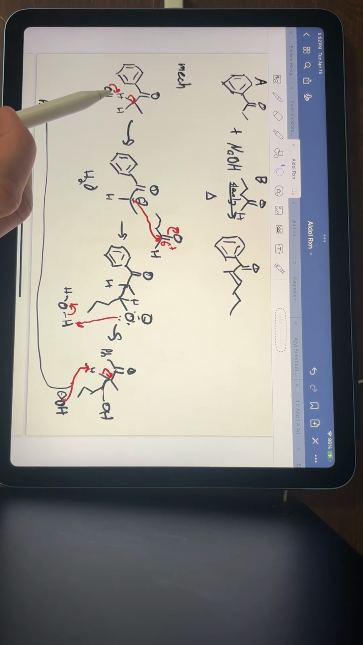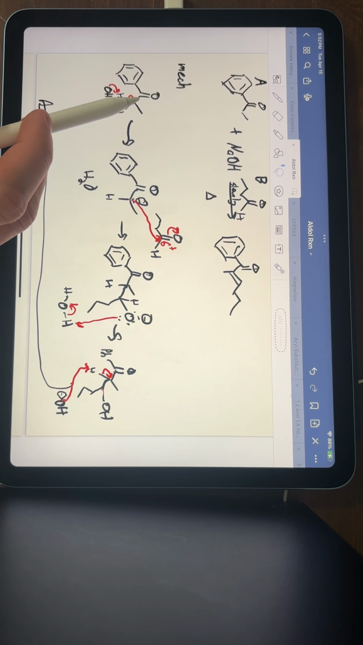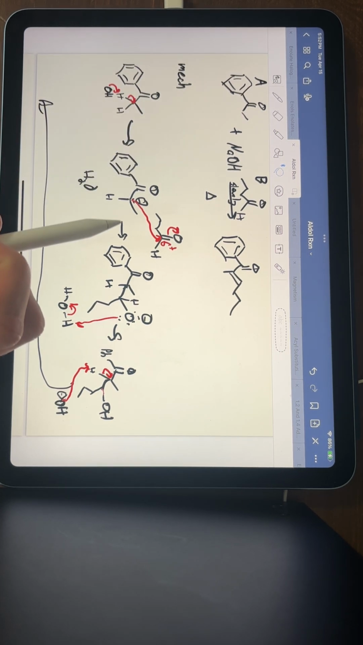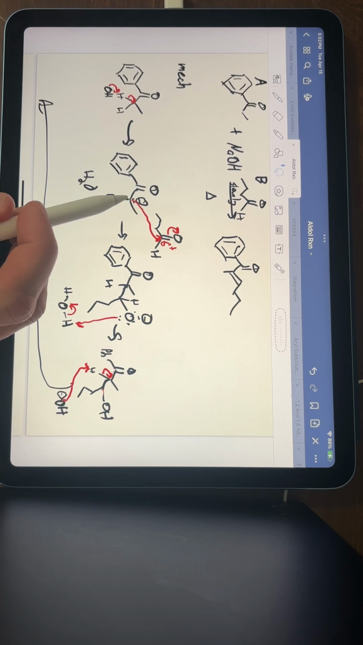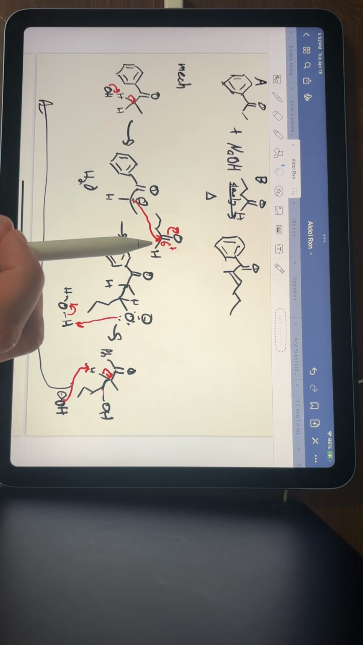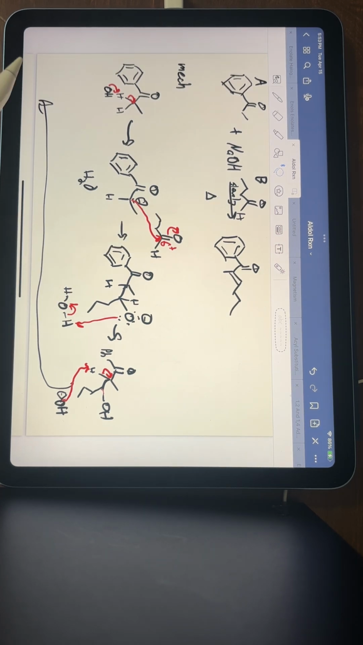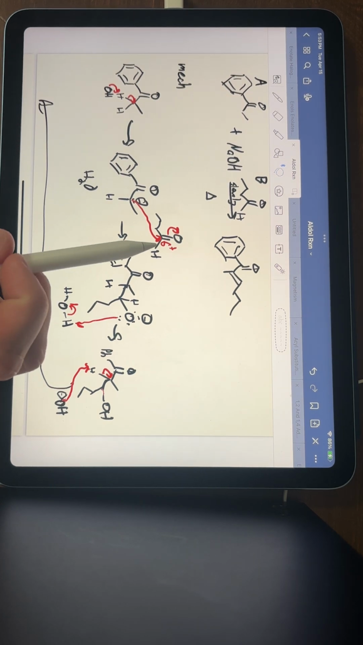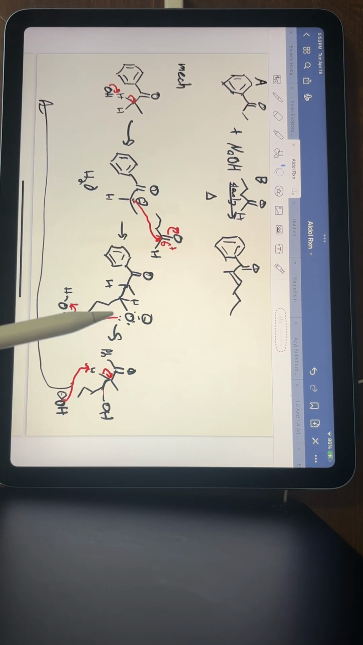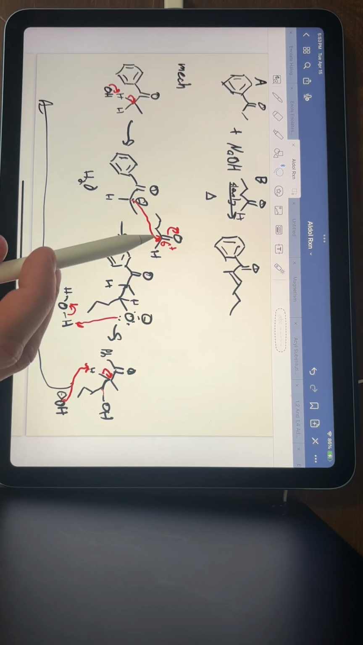The hydroxide goes and takes the H from the alpha carbon of this ketone, which results in the electrons being donated to the alpha carbon, which then acts as the nucleophile and is attracted to the carbon of the carbonyl on the added aldehyde, and it kicks off the electrons to the oxygen and creates a negative charge and creates a bond between the alpha carbon and the carbon of